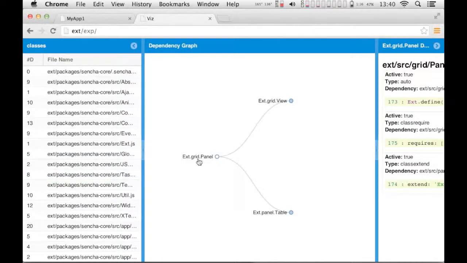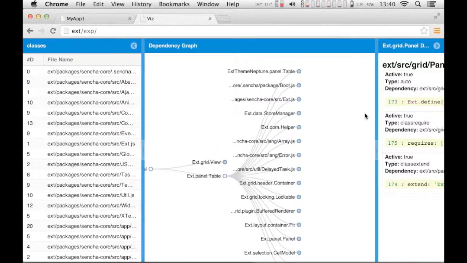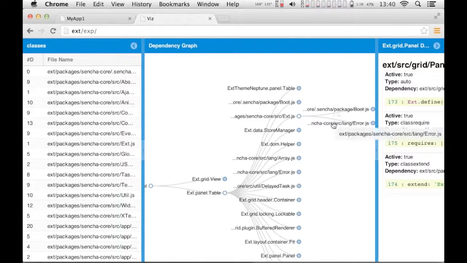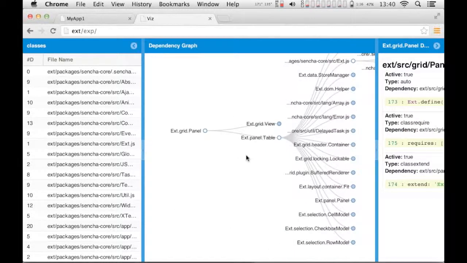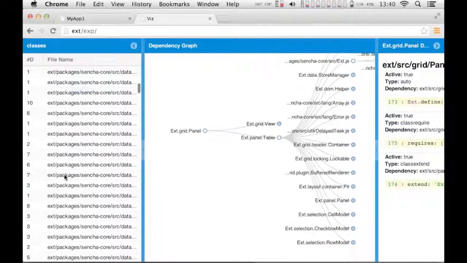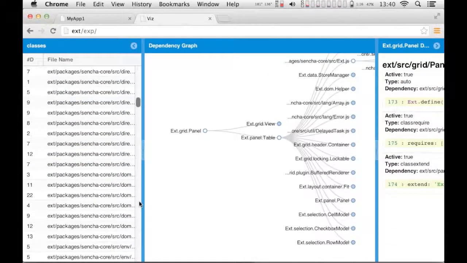So over here I have an example grid panel that was selected, and it tells me that grid panel actually has two dependencies. It has a grid view dependency and the panel table dependency. And I have an opportunity to drill down as far as I want and look at other dependencies and so on. Now, this is using D3.js. I wrote a wrapper around D3.js. That stuff is cool, but that's not, I think, what the awesome bit is. The awesome parts are, and of course the window's being jumpy,